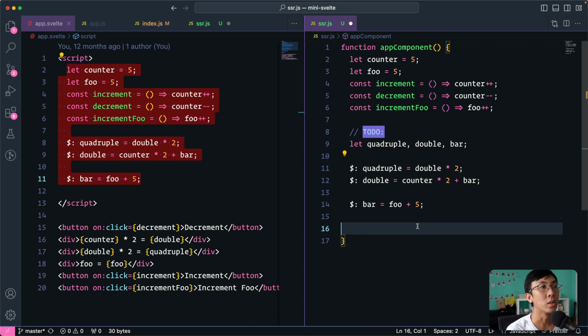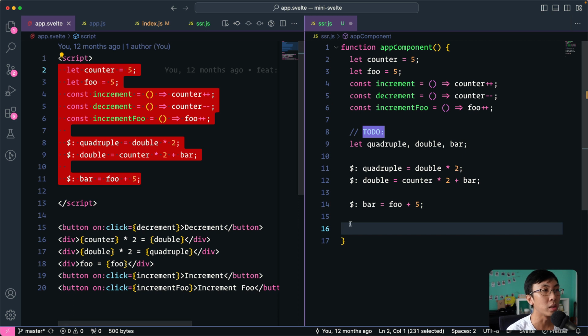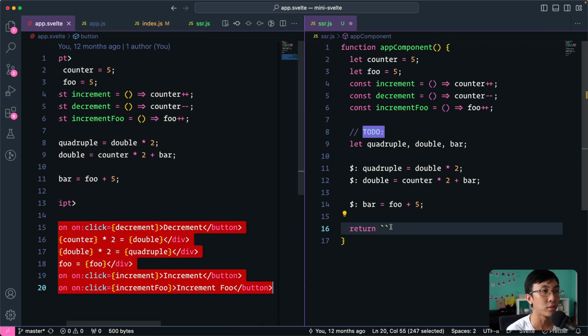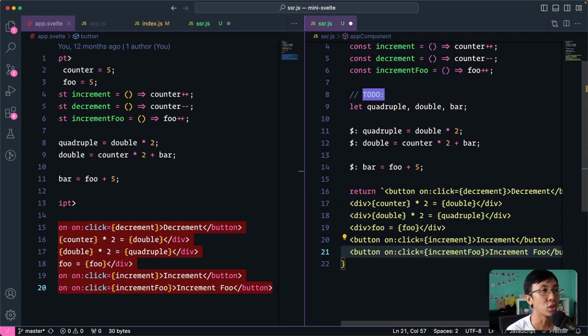Okay, so now in this function we have all the code in your script. What it has to do next is return a string, right? So it needs to return a string. And how should the string look? In my opinion, the string probably should look like this. Basically, it should contain everything that you have over here. This should be how the string looks. Of course,